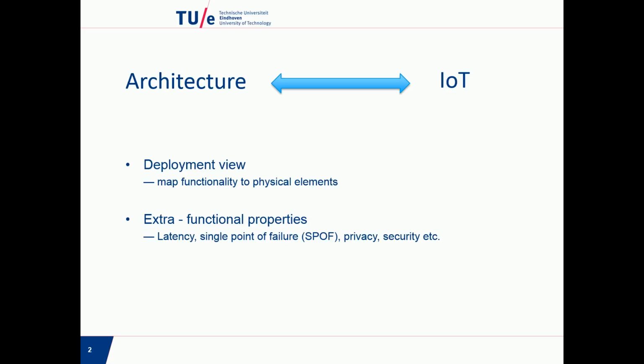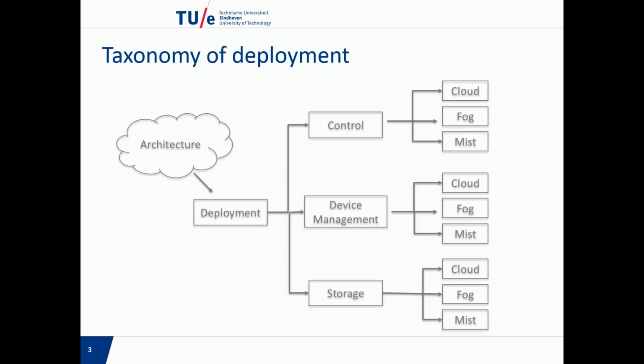So it is important to understand the different IoT systems by looking into their architectures. Different IoT system architectures will have different deployment views. So, to understand the different architectures of IoT systems, the most important thing is to know the different deployment views in